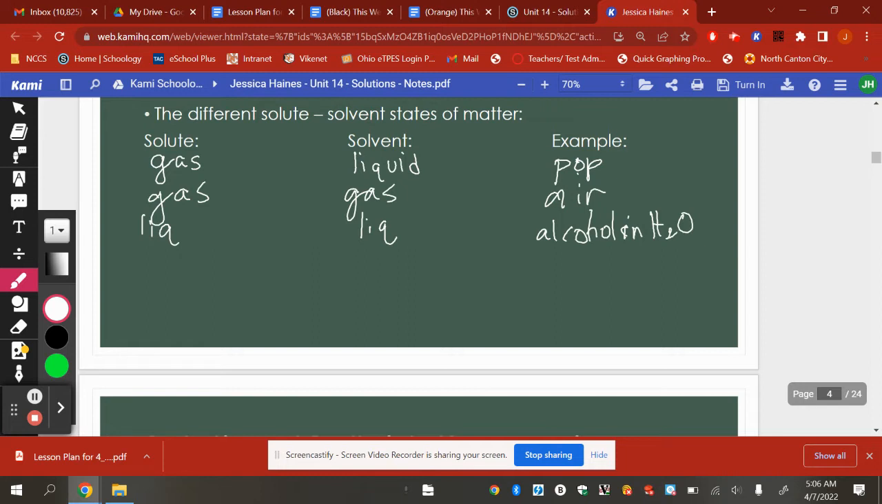Okay, let's see, some of these other examples are not quite as common, so we'll talk about them. What if we were dissolving a liquid into a solid? Now, not a solid into a liquid like Kool-Aid, but a liquid dissolved into a solid. So we have tiny particles of liquid that are getting dissolved within a solid. And this is an odd one. I really only know one example of this. I mean, there's probably lots of examples, but an example of this is